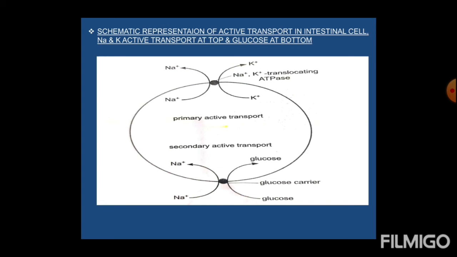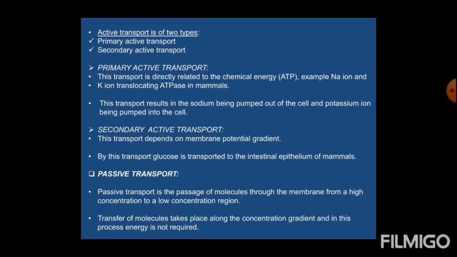Passive transport. Now passive transport is a type of transport in which the substance moves from the higher concentration towards the lower concentration. So passive transport can be of two types: simple diffusion and facilitated diffusion. So one can say that passive transport is opposite to active and similar to diffusion. Because simple diffusion, you all know, you've studied in class 10th, is the movement of substances from higher concentration towards the lower concentration without using energy.